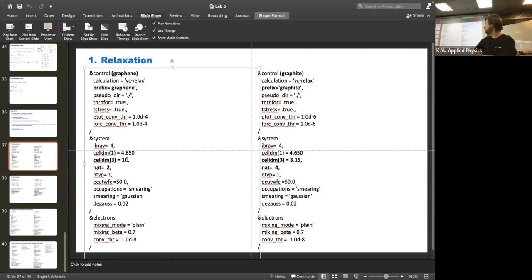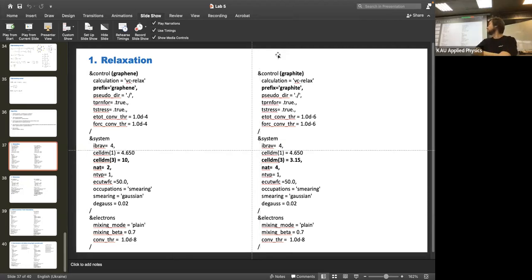So for graphene, vector C is 10 times bigger than vector A, which is CLDM1. If CLDM1 is 4.6 Bohrs, then vector C for graphene will be about 46 Bohrs. It's almost 23 angstroms. It's really very huge. And why do I do it? I do it because